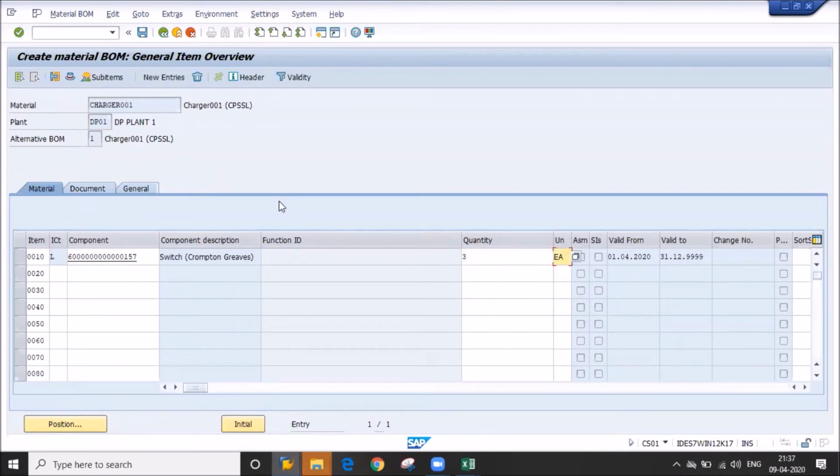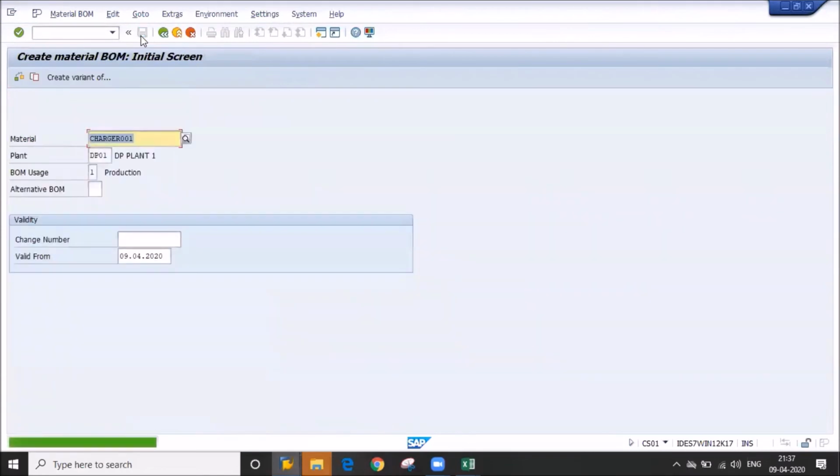Understood? So this is the procedure for creating our BOM. Now I will save it. One number is generated, which means the system is creating the BOM for this material.